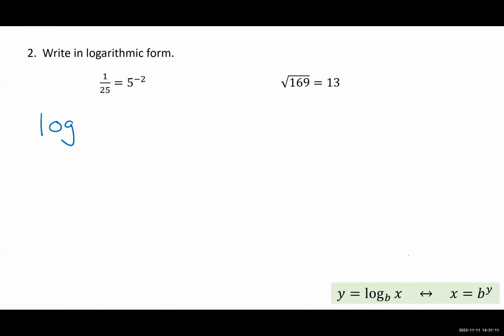Notice the letter B is used in both cases. B is the base of the exponent, B is the base of the logarithm. So this exponential expression, 5 to the power of negative 2, would be log base 5